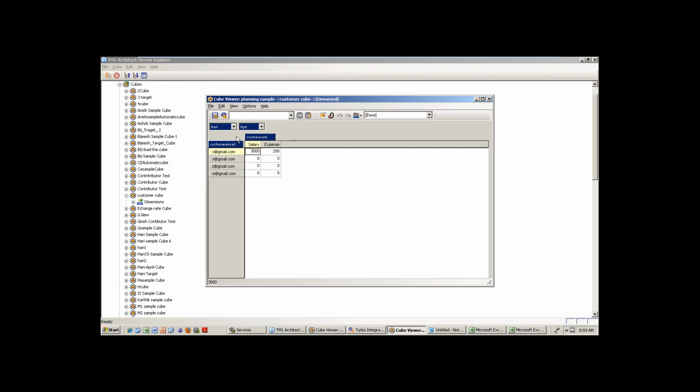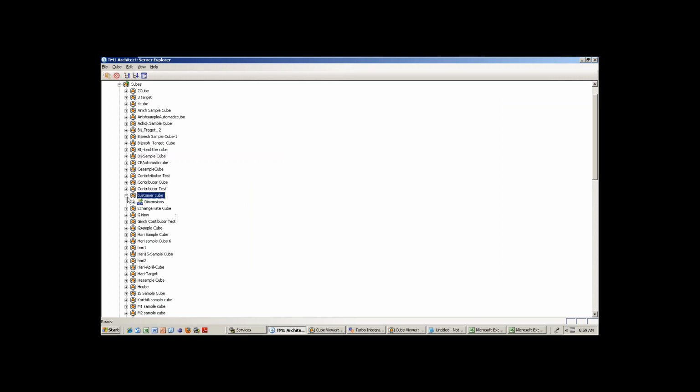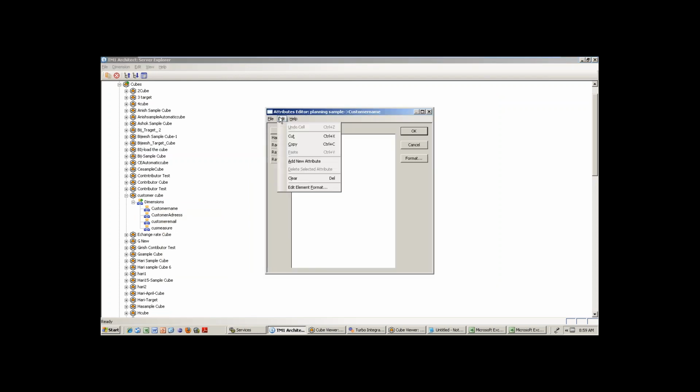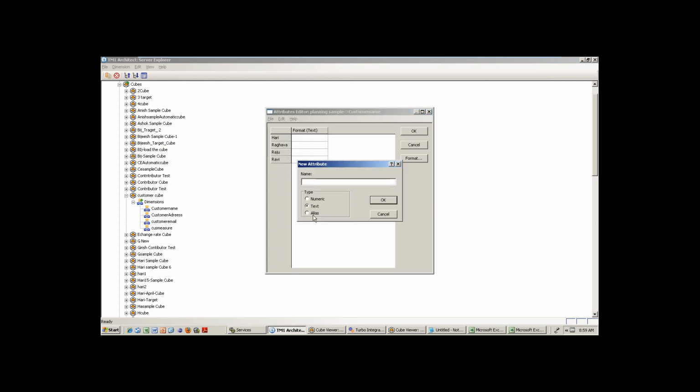Can we have one dimension with multiple attributes, like one customer dimension with customer name, customer city, email as the attributes within it? Yes, yes, because we discussed that. For example, customer name. You already know about edit element attributes. Here, I told you, go for add new attributes. Try to create aliases, n number of aliases.